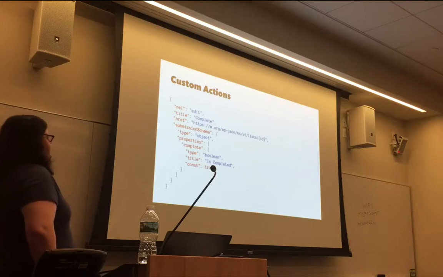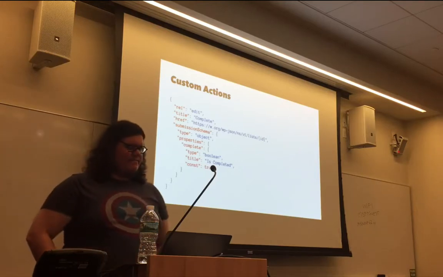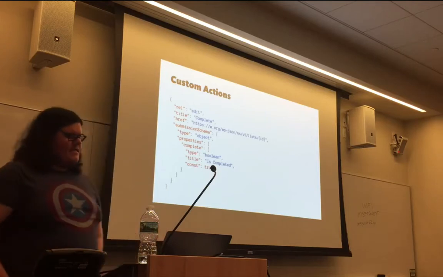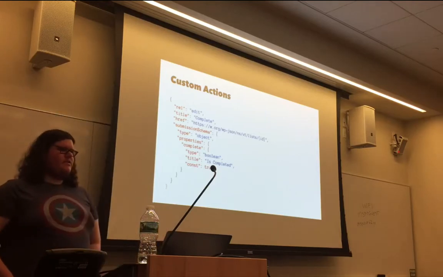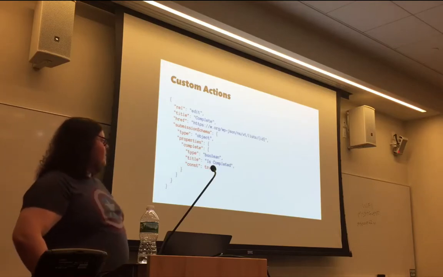We can also do custom actions. Here we have a rel that is set to edit. This indicates that we're editing the specified item. We have a title that says complete. This would indicate to the user that clicking this or triggering this form would complete or mark the list as